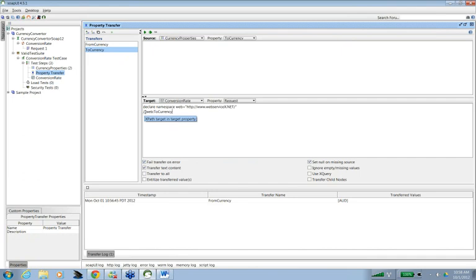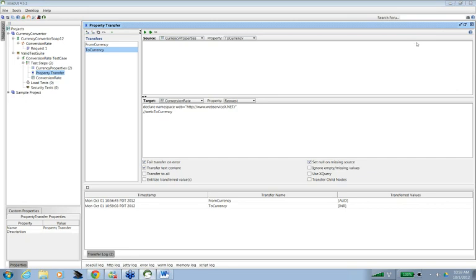This double slash means that it's going to find this particular element in the XML document, and then it's going to replace the value or the text for that particular element with this property. So again, let us run this transfer, and you can see here to currency has also been transferred here.